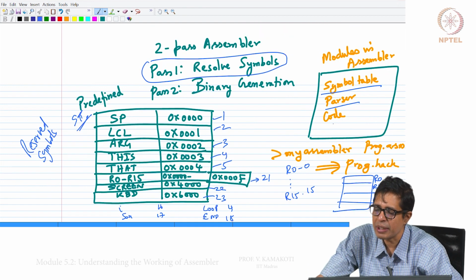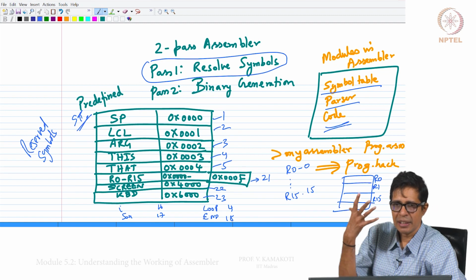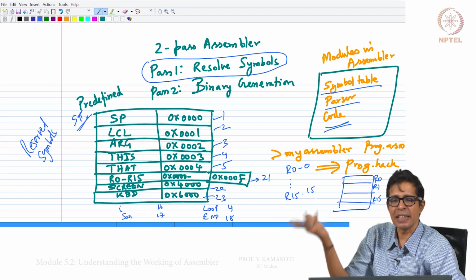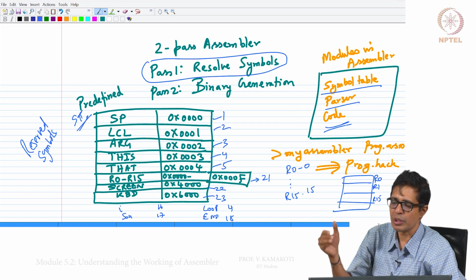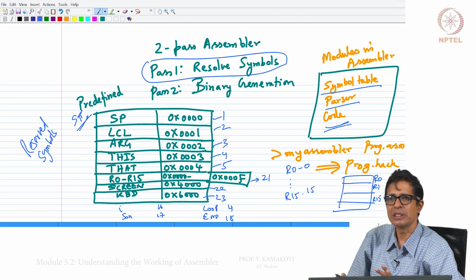The last module that we see is the code module. The code will basically take the parsed instruction and generate its equivalent 16-bit code. So, these are the 3 important modules that we need to generate as part of the construction of our assembler,